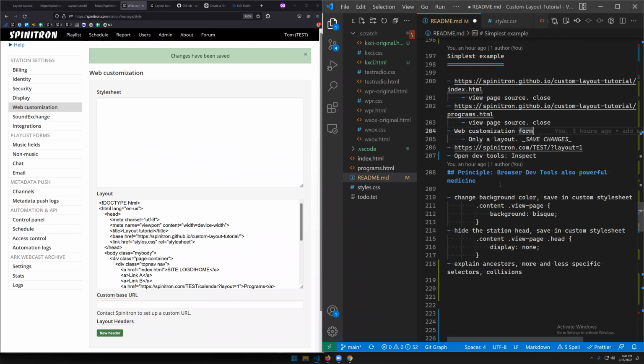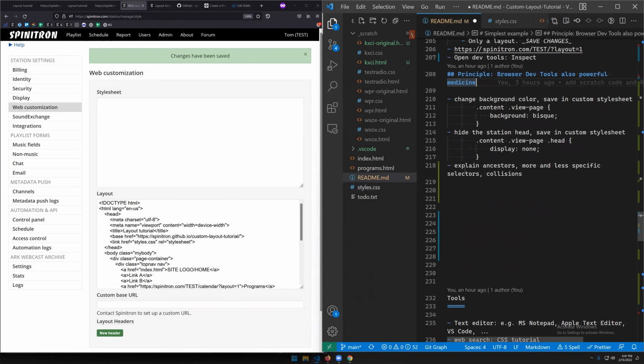So there's my simplest examples, and I talked about ancestors, more and less specific selectors, and the collisions, the potential for collisions. Now, you might not need to worry about this stuff. That happens when something that you want to put into your style sheet in Spinitron affects something else, right? And that something else could, in fact, be a Spinitron page, because this is